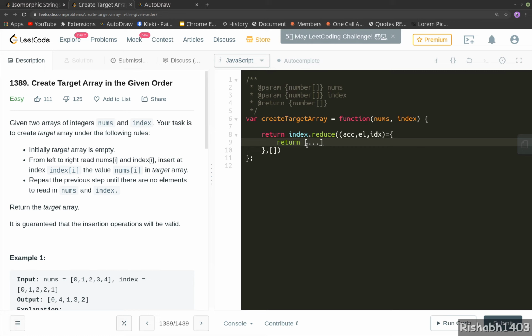I am using slice to split our array from 0 to the element, and then I will insert the nums value at idx in the nums array, and then I will slice the right half. Again a slice, and we will split based on the element in the index array. So I know it's a bit confusing, but I think this would work.